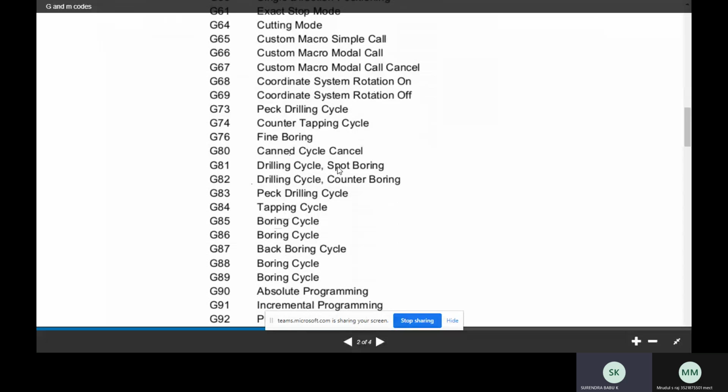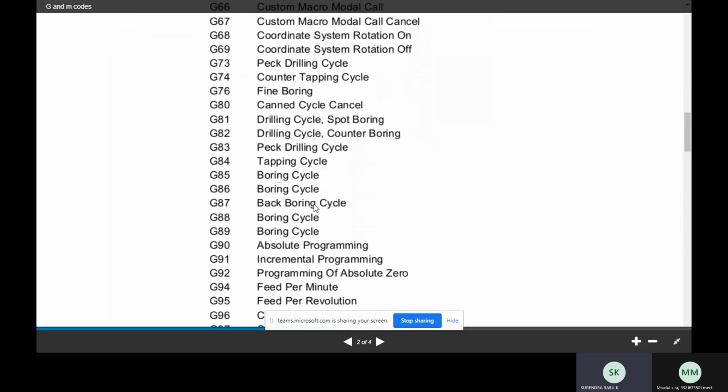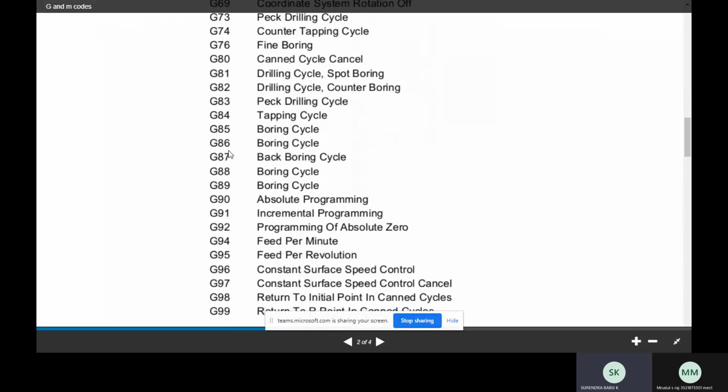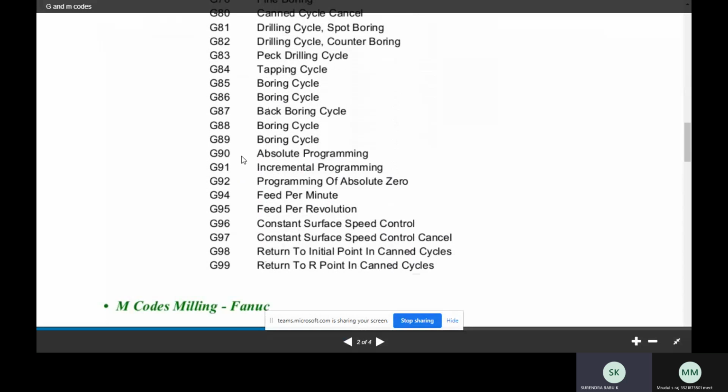The depth cutting in milling, and G82 drilling cycle counter boring, and G83 peck drilling, and G84 tap cycle, and G85 boring cycle, and G86 again boring cycle, G87 back boring, G88 boring, and G89 boring, and very important G90 absolute programming, and G91 incremental programming, and G92 programming of your absolute zero, and G94 is feet per minute, and G95 is feet per revolution, and G96 constant surface speed control,